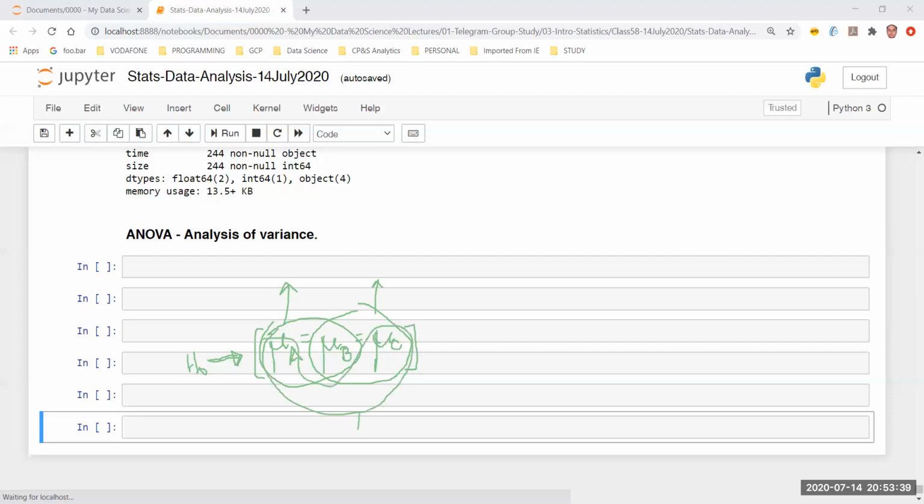If you are able to understand what is going on, we are trying to do a test for mu of A and mu of B. This can be a two sample t-test, then another two sample t-test for mu of B and C, then a third two sample t-test for mu of A and mu of C. But if we do that, we come to know that for each and every case, our expected confidence level, which is usually not provided to us by the business question, is equal to 0.95.